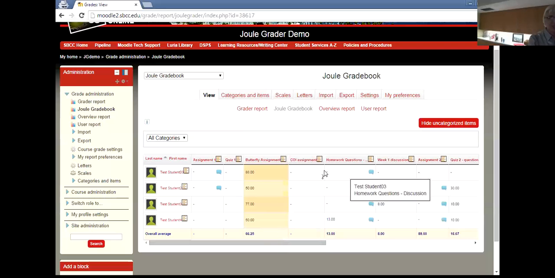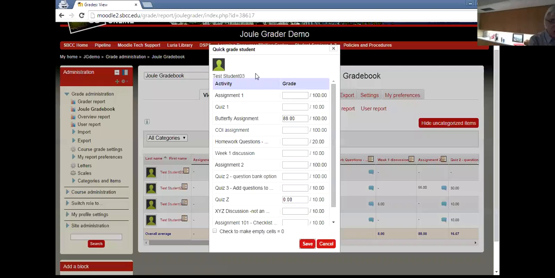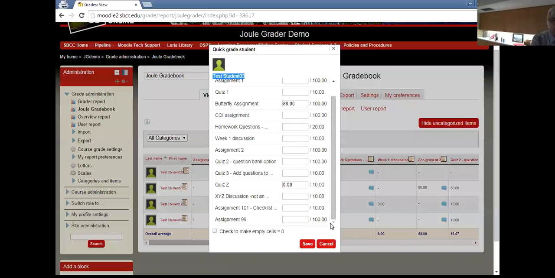Now, the other option, sort of quickly here, is in the row of the students, where I'm selecting student, I can choose row grader, and it shows me all of test student 3's stuff right here, going all the way down, and I can take the score. So if this student comes in to see you, you can then pull it up. You're scrolling across the screen, you have to go down and